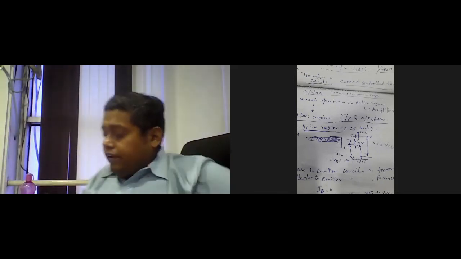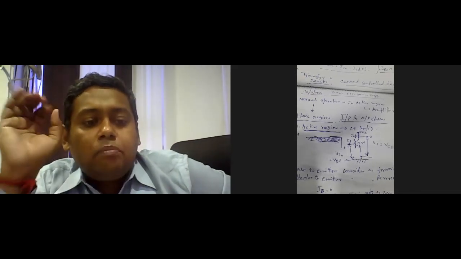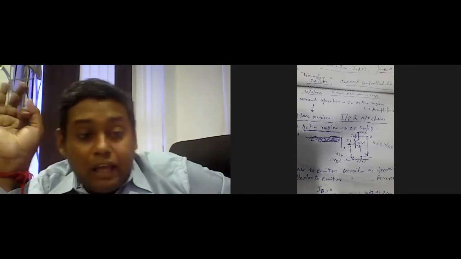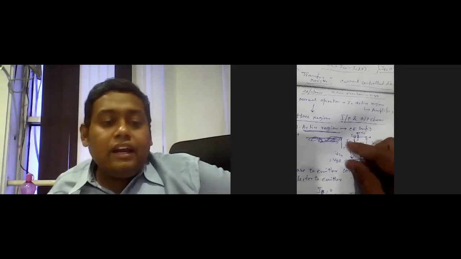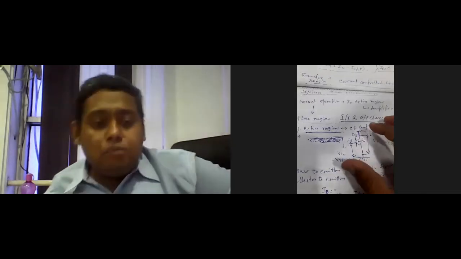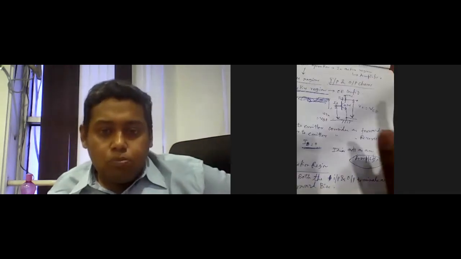Okay, so let's start. Here we basically focus on the different regions of the transistor circuit. As an example, we consider the common emitter configuration. For the common emitter configuration, the input and output voltages and currents are considered respectively. The input voltage is VBE and the input current is IB, and the output voltage is VCE and the output current is IC. Now when it is normal operation, there are the output characteristics.